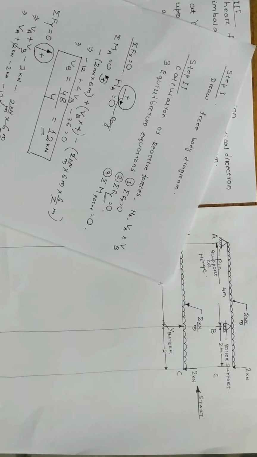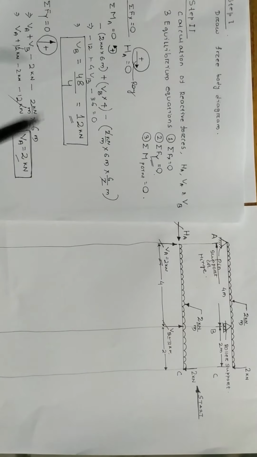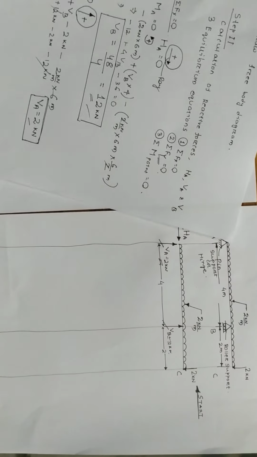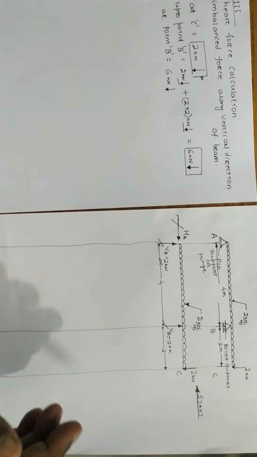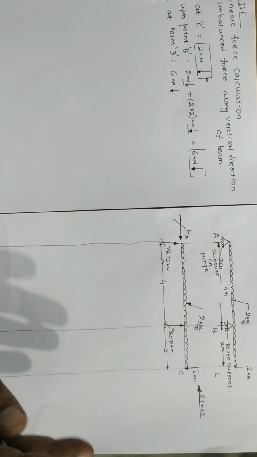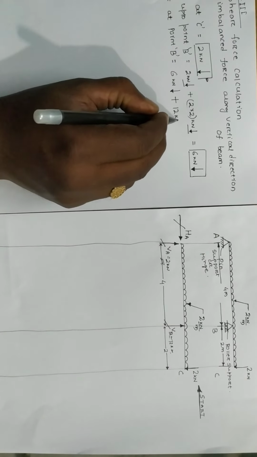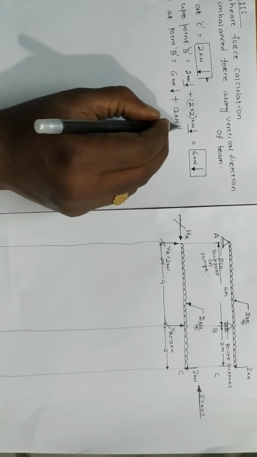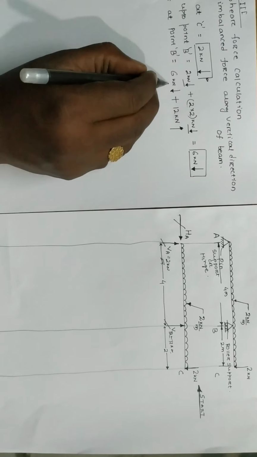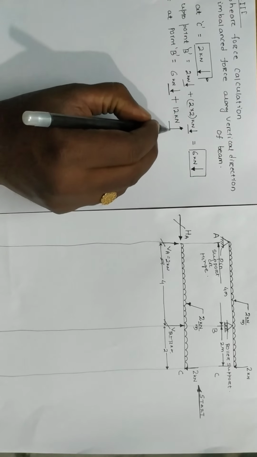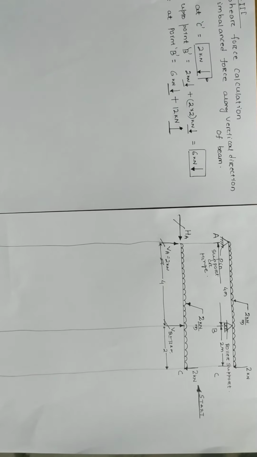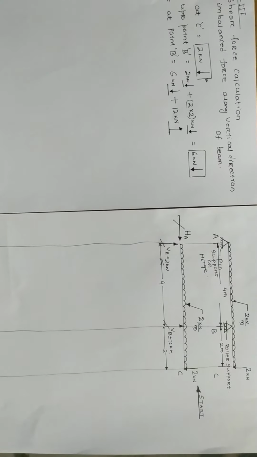Here you can see VB is 12 kilonewton. I have written also 12 kilonewton. So plus 12 kilonewton and it is upward in nature. Now this is downward in nature and this is upward in nature, so both are opposing each other. So what will be the net force? Net